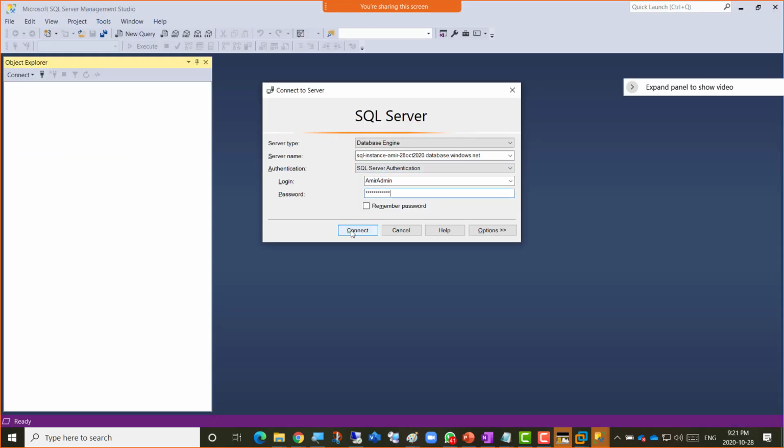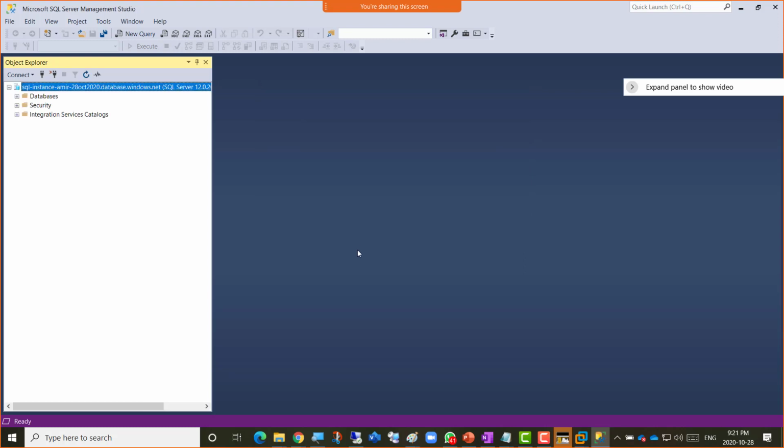Okay, so I'm just gonna click connect here now. I think nobody needs this screen, or I put that screen there as well. So I'm gonna click the connect button now, and yay, connected. Okay, so we're connected to this, and there's databases here, there's a security folder, there's integration services catalogs here. But what we see here is if we expand the database, and I'll collapse the other one, the database that we created is there, your first name DB01. And if you expand that database,